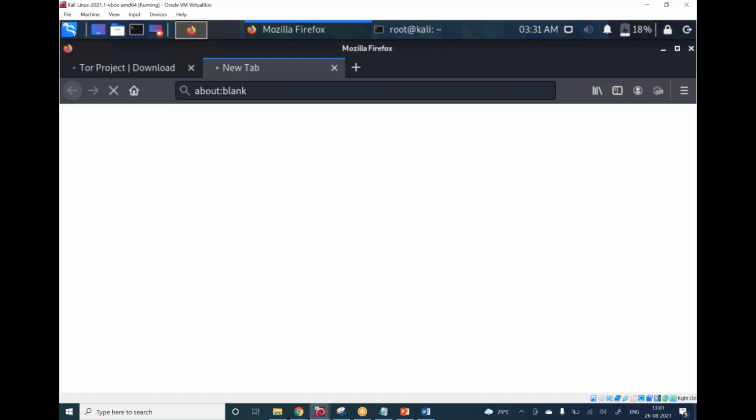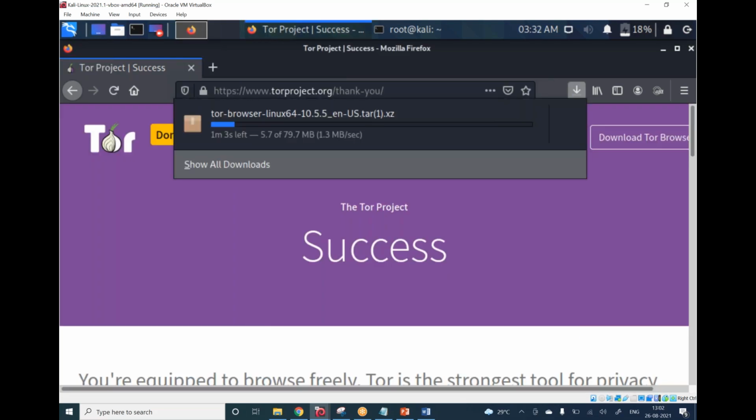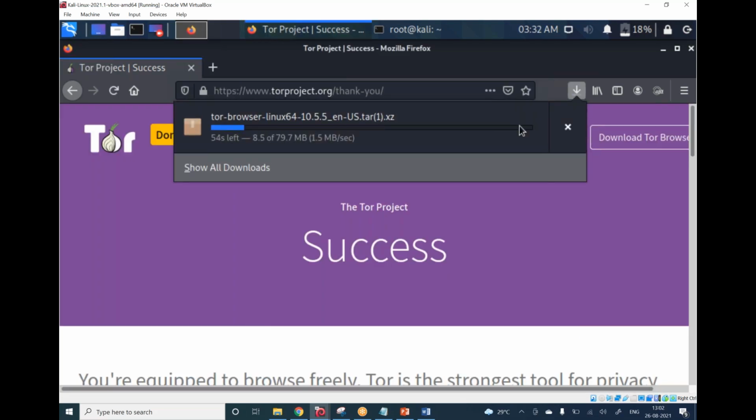A box will open up. You just have to save the file in the download section. Click on save file, click on OK. And see this arrow mark, it gets downloaded over here. You need to wait until it completes fully. Next, you have to go to your Kali terminal. Since this is downloaded in the downloads section, cd